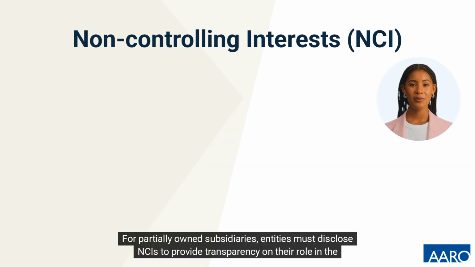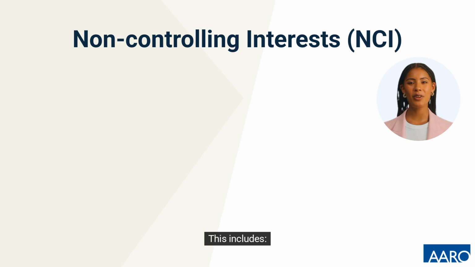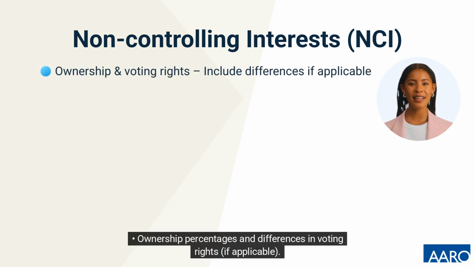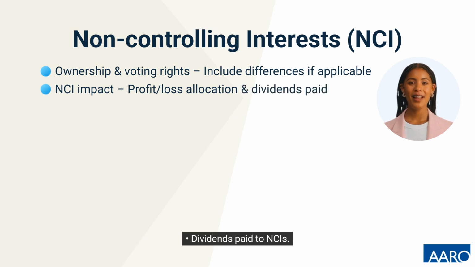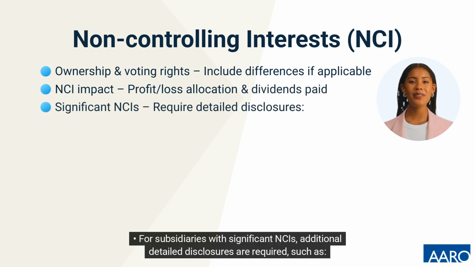For partially owned subsidiaries, entities must disclose NCIs to provide transparency on their role in the group. This includes ownership percentages and differences in voting rights, if applicable, profit or loss allocated to NCIs during the reporting period, dividends paid to NCIs. For subsidiaries with significant NCIs, additional detailed disclosures are required, such as: